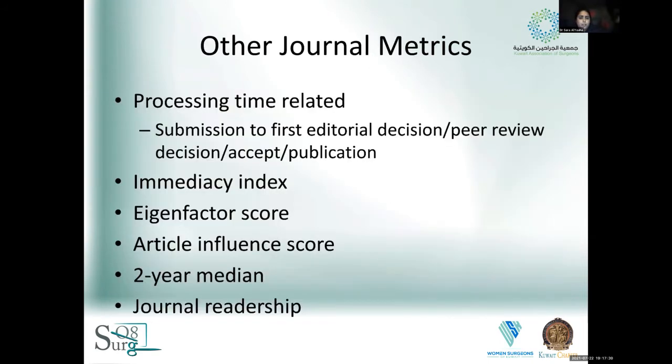Like we said, there's other journal metrics we alluded to earlier, things that are related to process time, like time for an editorial decision, time for peer review decision. And then there's more modern ones like immediacy index, Eigenfactor, article influence score, 2-year median. I don't want to delve into them in more detail. There's also the Altmetric score, but